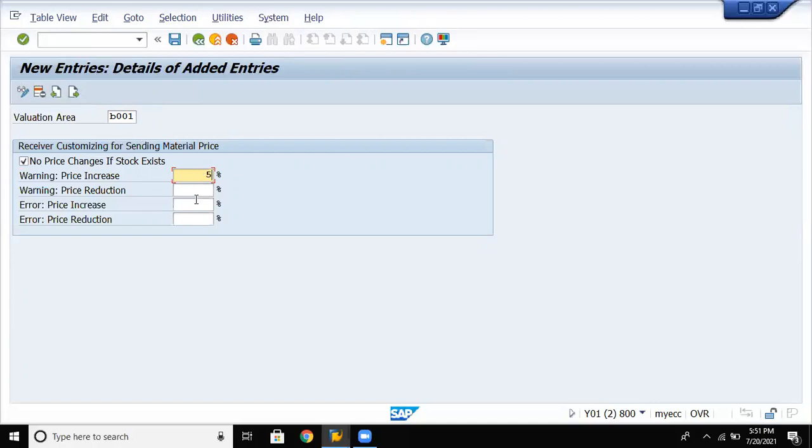Let's say 5%. If there is a reduction of 5% also, it should warn. But if there is almost a 10% price increase or decrease, then it should give you an error. That is the meaning of this high and low. Reduction as well as increase, both apply here.